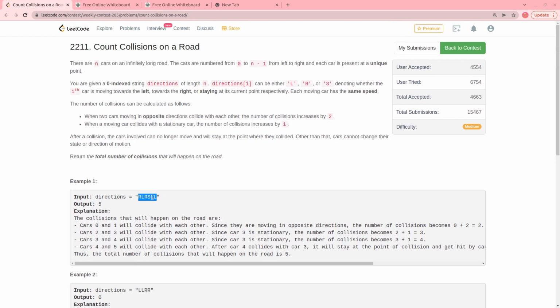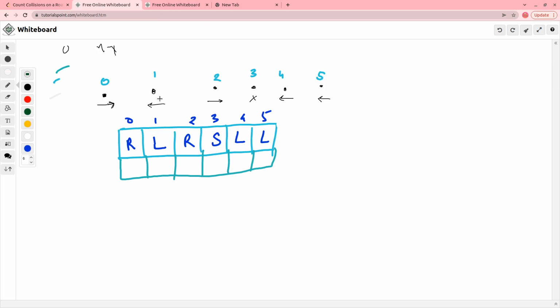So in this problem you have been given a direction string. I hope you have read this problem well. So you have to tell the number of collision counts. So let's understand the idea of this problem by this whiteboard. The idea is, if we are able to find out that any particular car will collide with which car, then we can easily calculate the